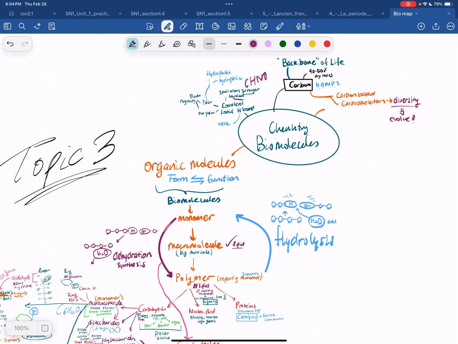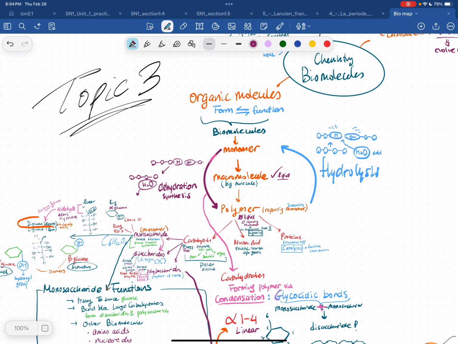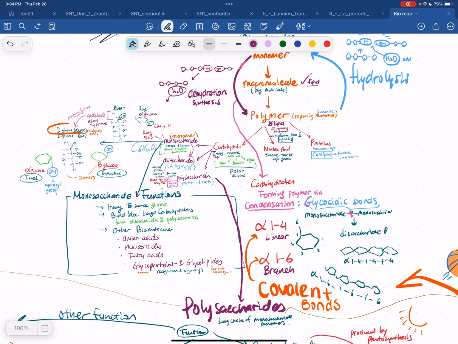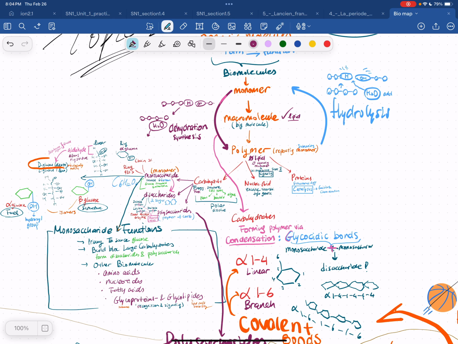Carbon-based: the biomolecules that form cells are composed of a carbon skeleton. The carbon skeleton is the backbone of all organic molecules, because carbon is what makes everything varied and diverse in organisms. Carbon is the reason that molecules are able to be diverse and organisms are able to evolve, because carbon can be very branched.